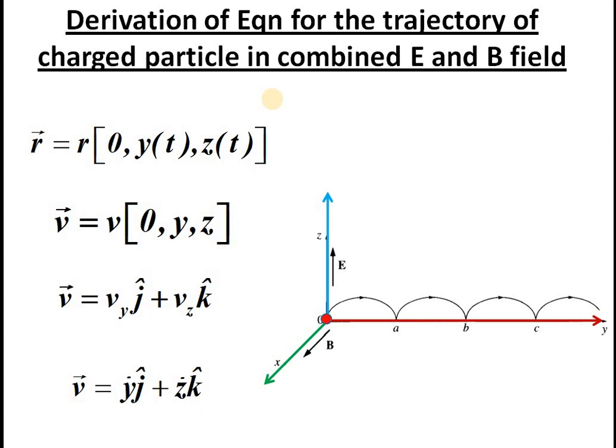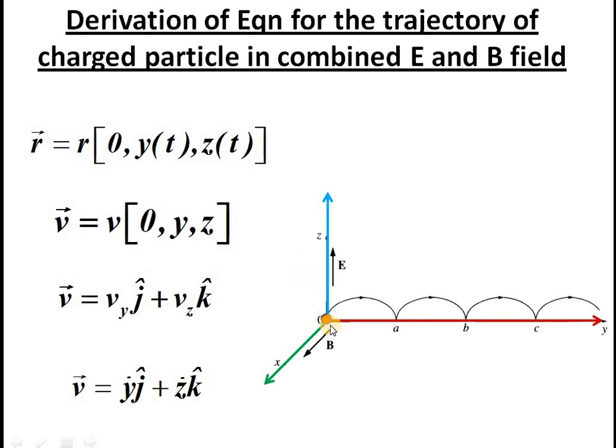Like x square plus y square is equal to some constant for a circle, and for an elliptical path we wrote x square by a square plus y square by b square is equal to 1. So this way we will get a definite, concrete mathematical equation that will show you that the particle is really moving in a cycloid path. So let us try to prove it here.